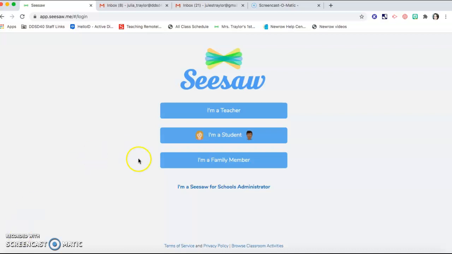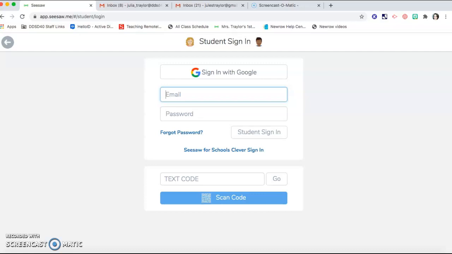I wanted to show you how to log into Seesaw and get to the link for our class meetings. So first you're going to go to this website, app.seesaw.me. Once you're there, you're going to click on I'm a student. And then